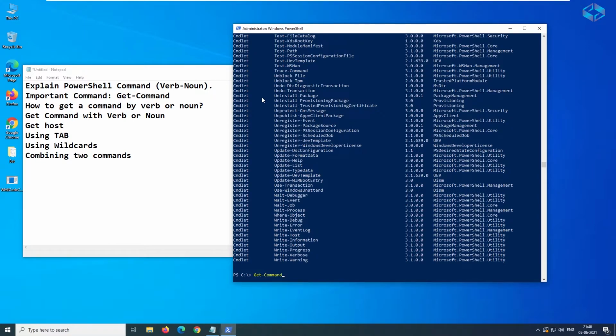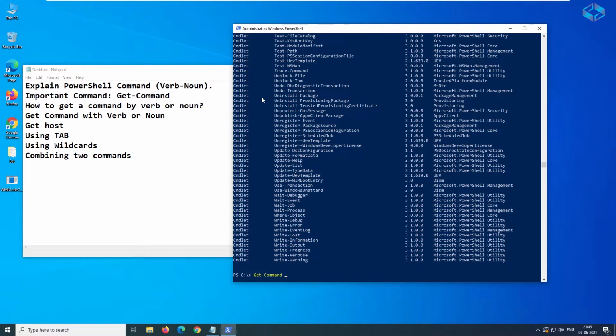If you would like to see what command is available, you will easily be able to find it from the list. Now, I already mentioned that a command contains a verb and a noun: first the verb, then a hyphen, and then the noun.